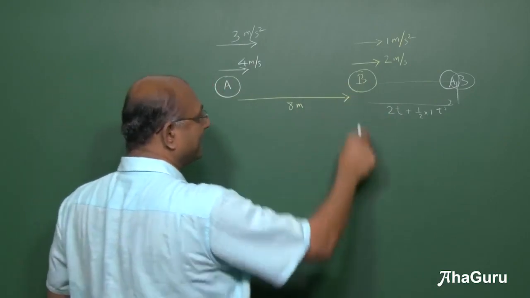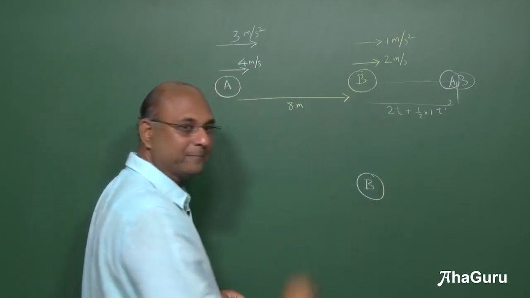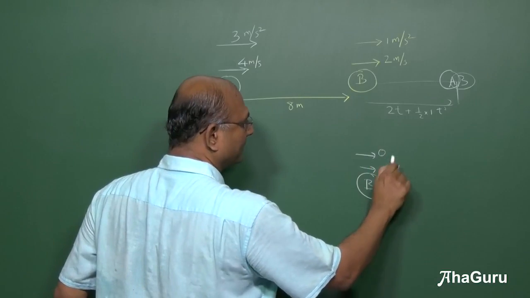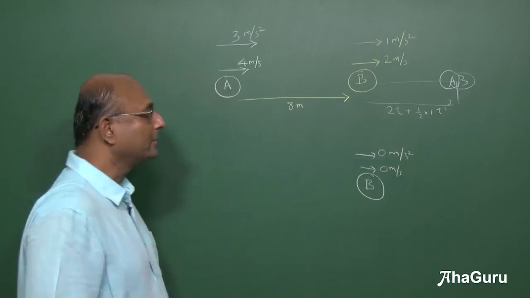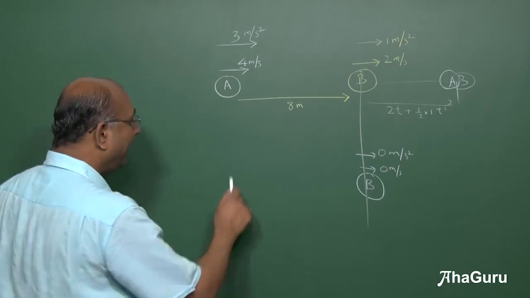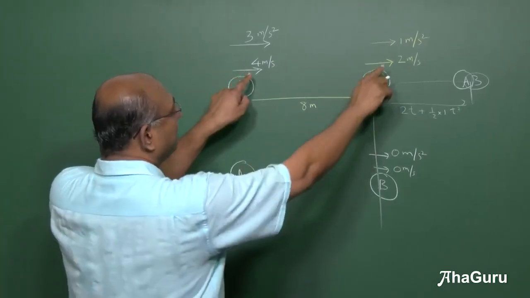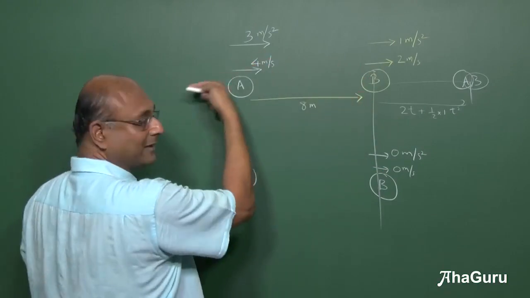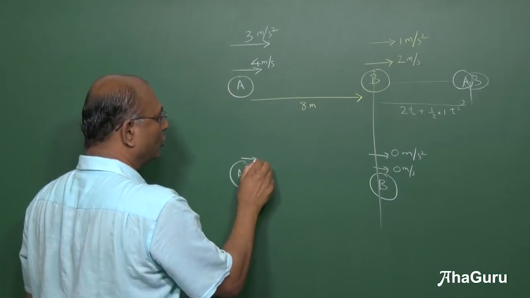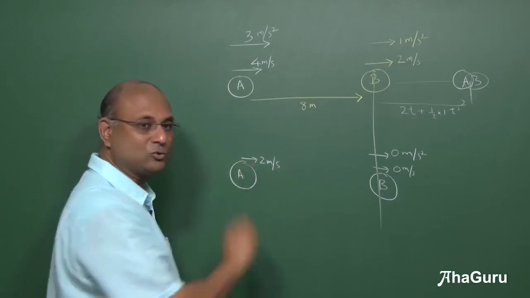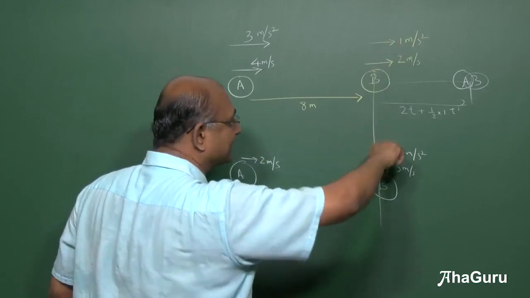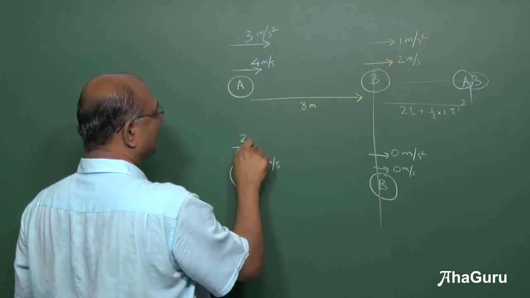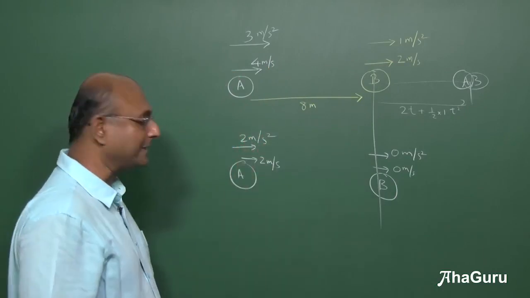But we can also do this by saying let us go to B's reference frame. Now B is at rest and B's acceleration is 0. So we make B the observer. So B is not going anywhere. Now if you make B's velocity 0, you have added to this direction. So if I add 2 in that direction, which is basically minus 2, so 4 minus 2, 2. Right? So A's velocity becomes 2 meters per second. And if I make B's acceleration 0, I have added minus 1. So if I add minus 1 to this fellow, this guy's acceleration becomes 2 meters per second square.